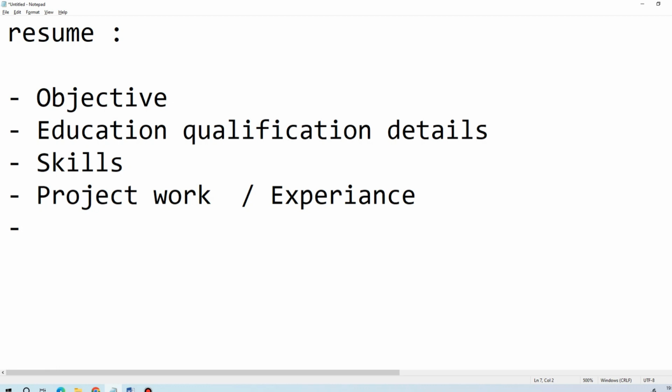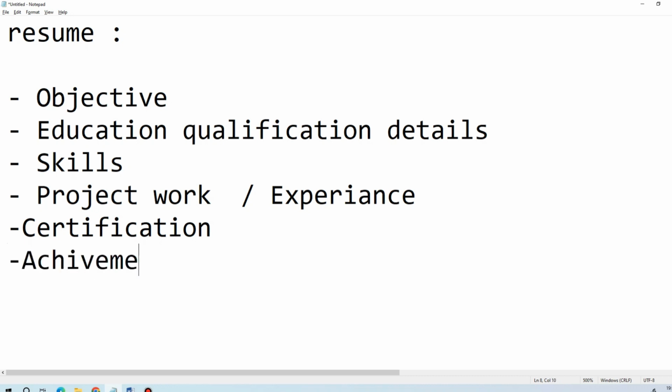Now you have to mention, if you have done any certification, certification in any specific skill, or any achievement, any appreciation certificate or any award, you can mention it. That's it. You have to mention this information, and at the end you can mention your basic details like name,